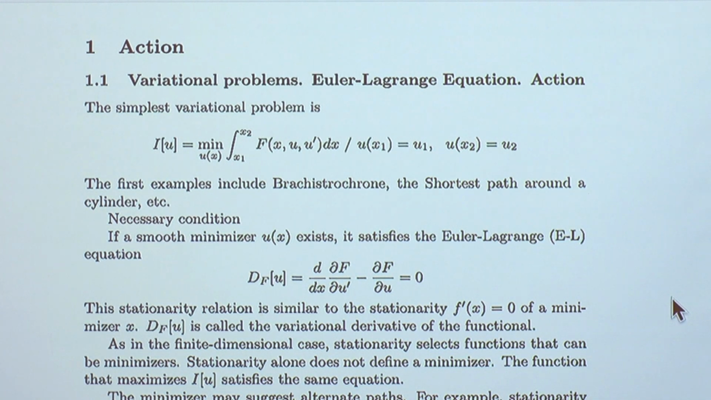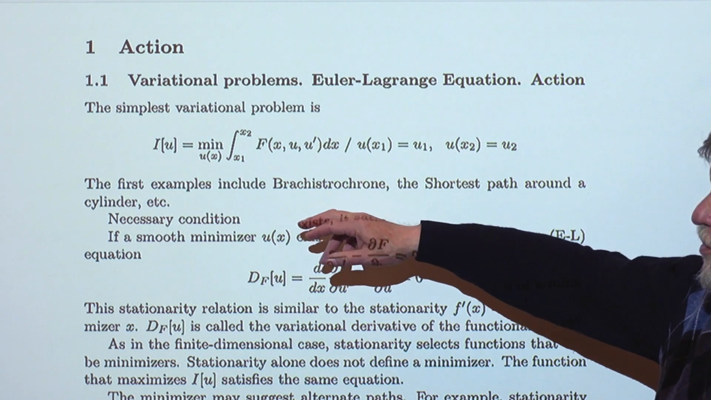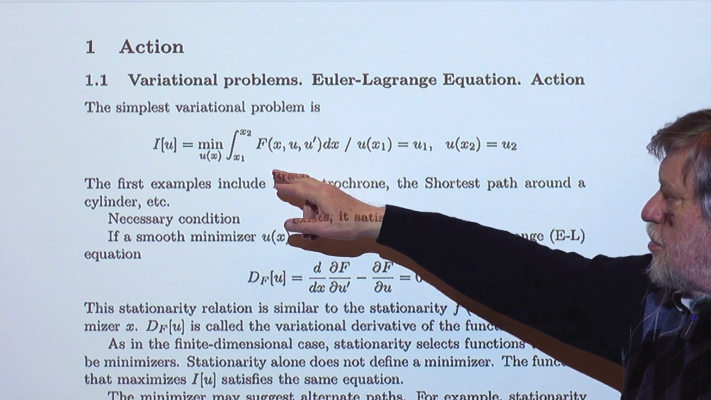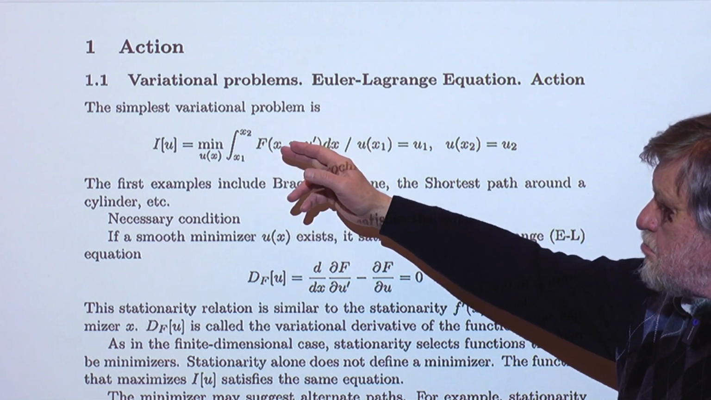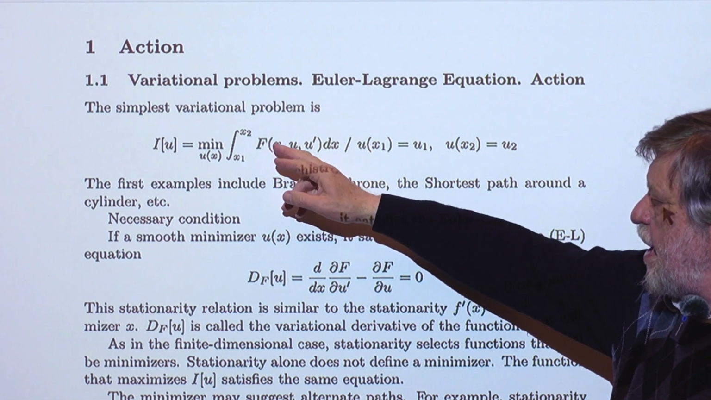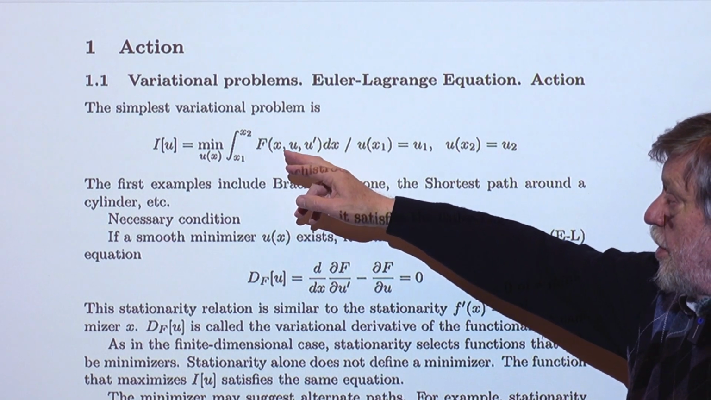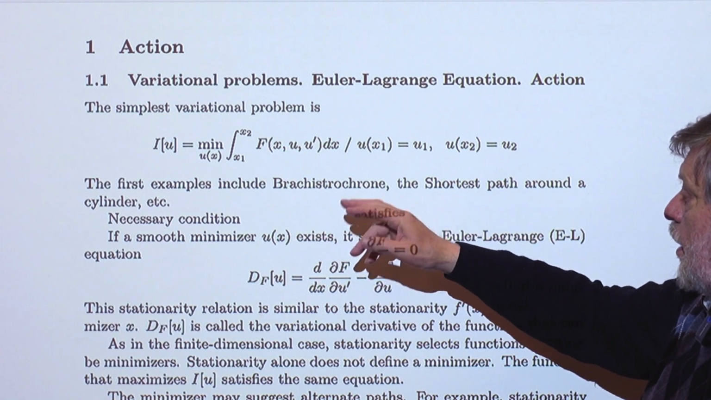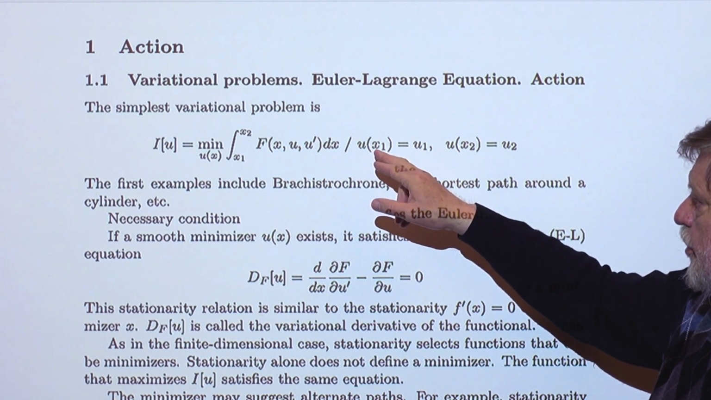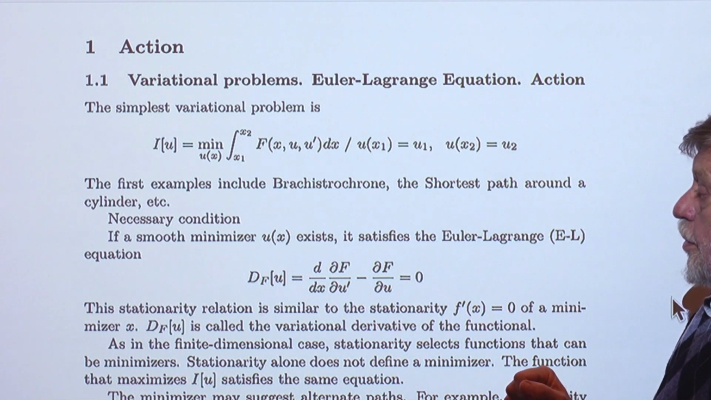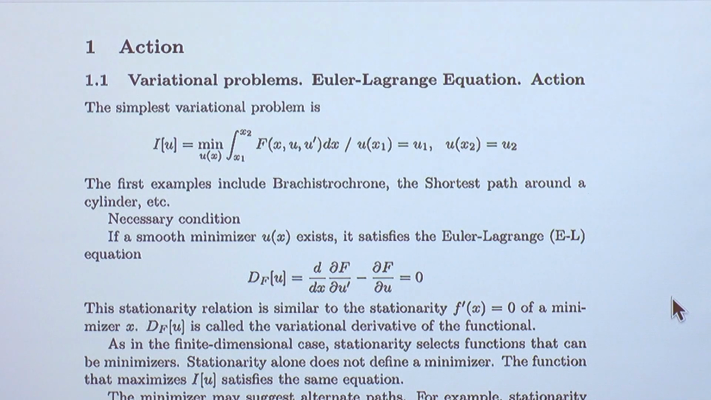You need to minimize a functional which depends on the unknown function u, and this function u minimizes the integral of some function f, which is assumed to be a differentiable function of x, u, and u prime, and the values of u on the boundaries are known. So that's a variational problem, and the first examples include the brachistochrone, which is the curve